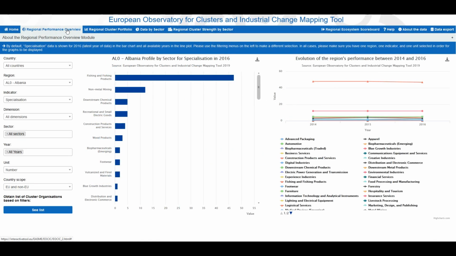Once we have reached the tool, you can also see on the top menu bar the 4 different modules we have spoken about just before. So you have the first module over there, the second one here, third one there, and the fourth one here. But you can also find a help tab, providing guidance to the user for navigating through the tool. Information about the database and the possibility to export the data is also available on the right side of the screen. Finally, there is a direct link to the Regional Ecosystem Scoreboard, which presents information on the framework condition for